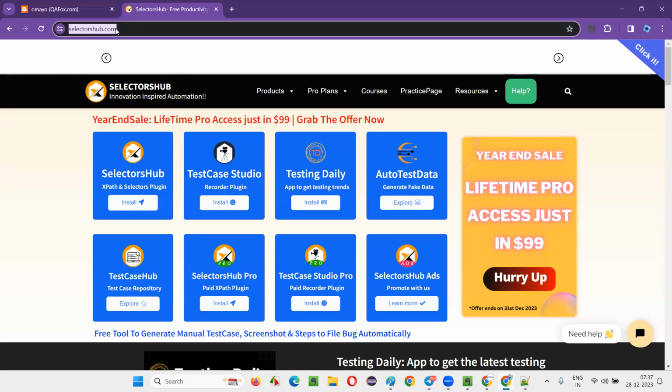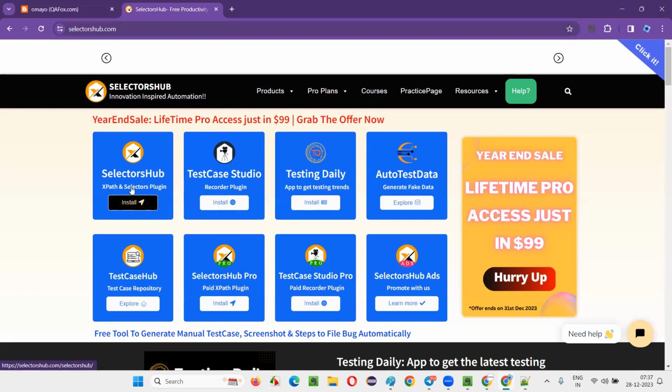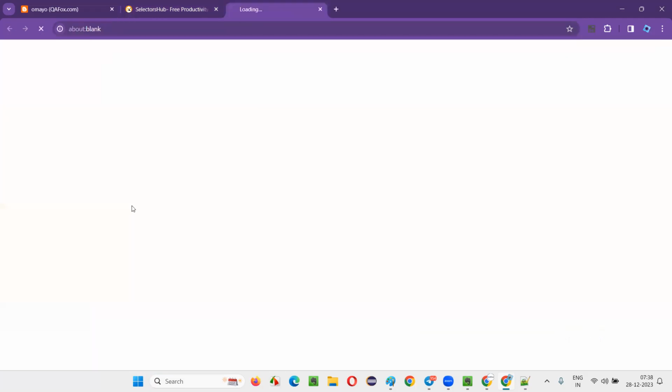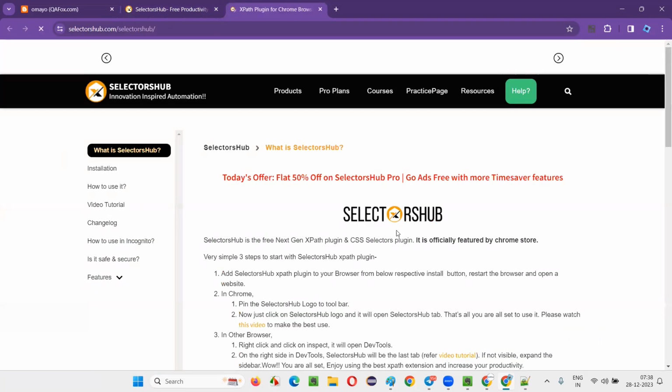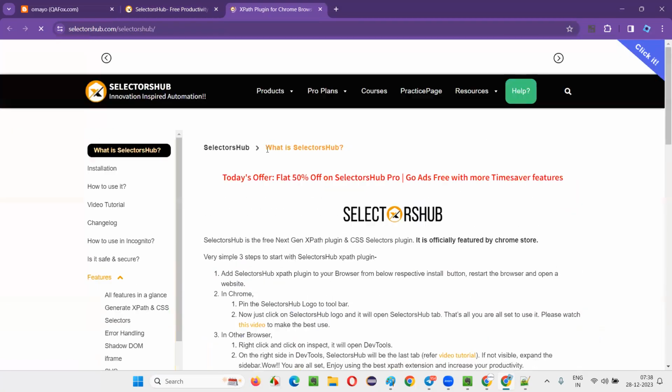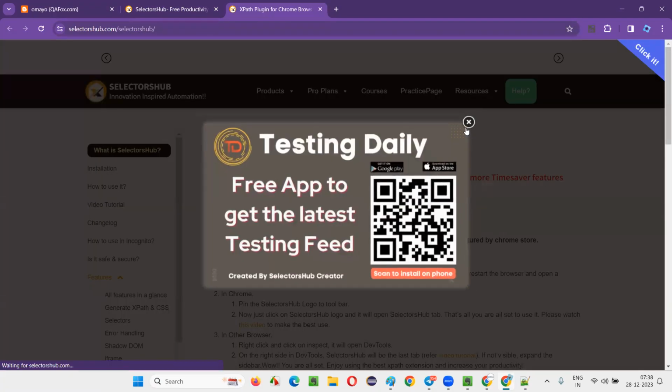For that, we have to go to the official website of SelectorsHub, that is selectorshub.com. Then you click on this install button. There are many other tools available on this website. Apart from SelectorsHub, we have Test Case Studio, Testing Daily, Auto Test Data, Test Case Hub, SelectorsHub Pro, Test Studio Pro, SelectorsHub Ads. Many things are there. So I'll go with install. Just click on that, install. Some premium version is also there, but